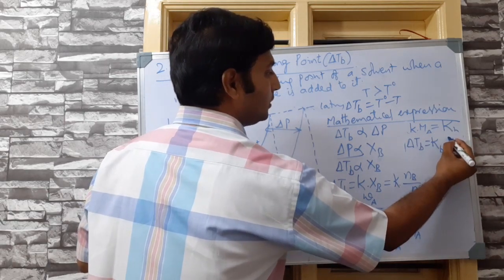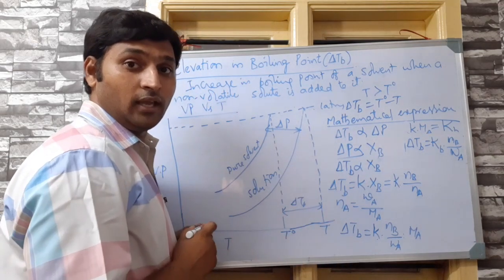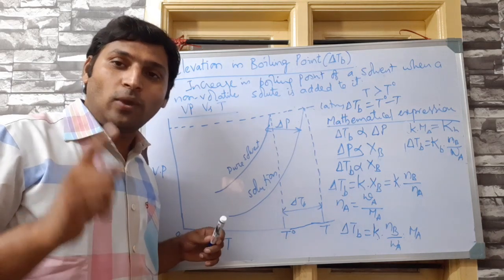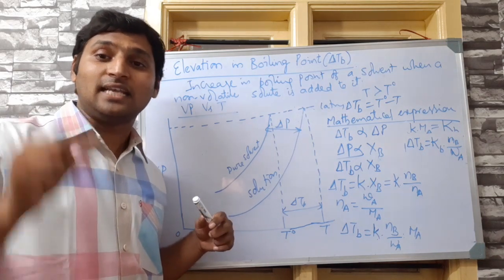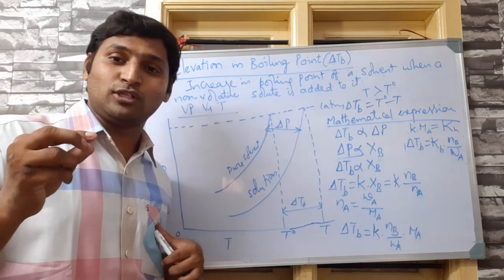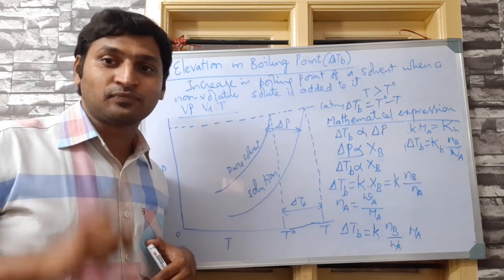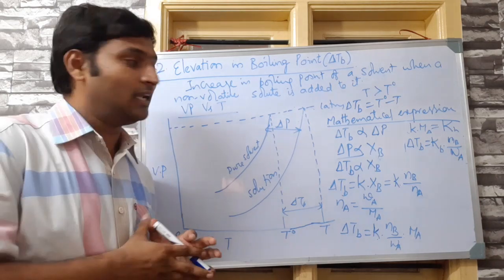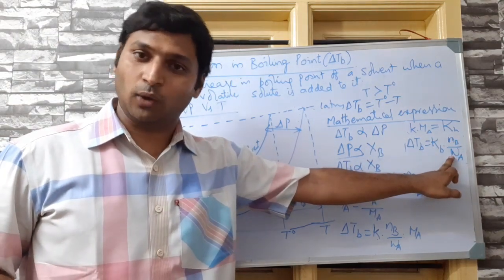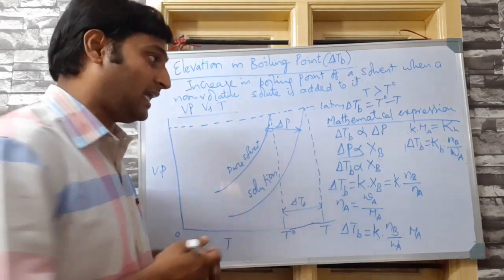Okay. Number of moles of solute by mass of solvent. Now, go back to your concentration terms and recollect which concentration term is expressed as number of moles of solute per kg of solvent. That is, number of moles of solute per given weight of solvent. Which concentration term is expressed? You are exactly right, molality. So in the place of number of moles of solute per given weight of solvent, which is of course kg, we can replace it by the term molality.